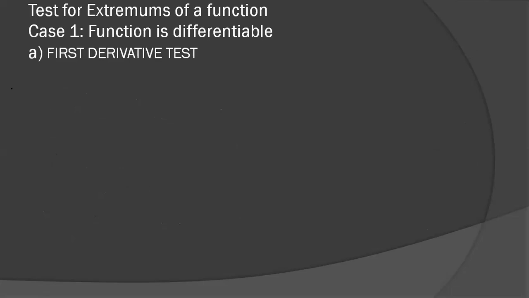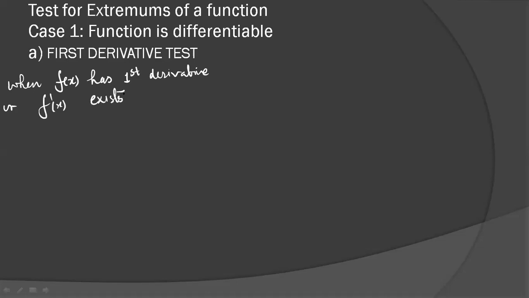When f(x)'s first derivative, or f dash x, exists, then if we draw the wave graph for this,